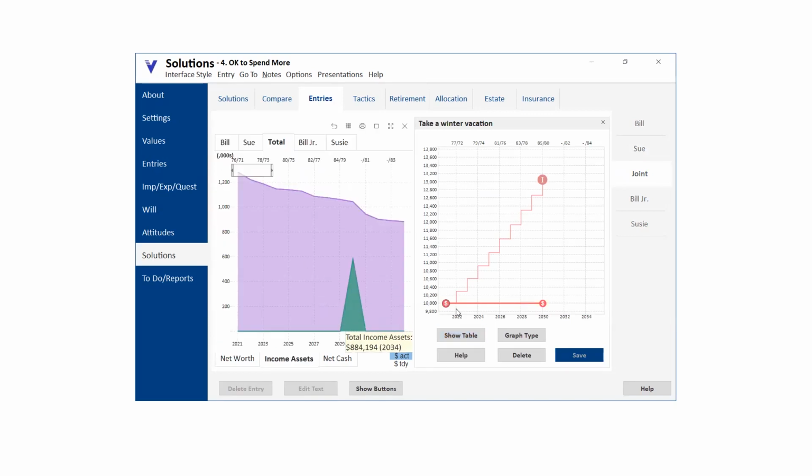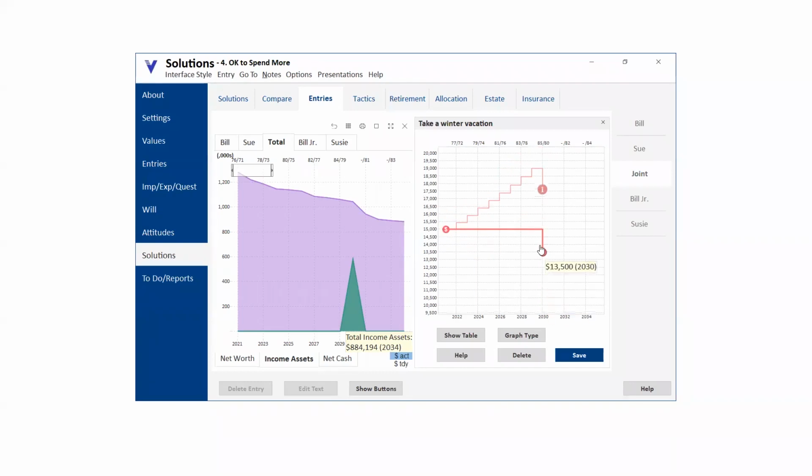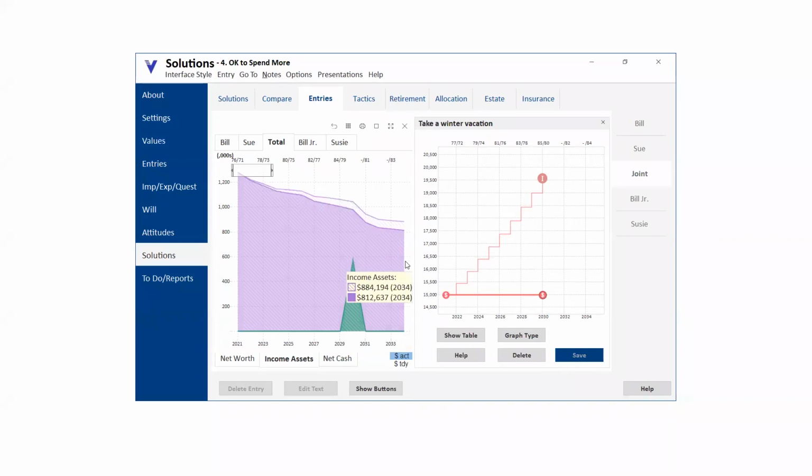So again, let's go to that vacation expense. What would happen if instead of spending $10,000 on our vacation until we're 85 and 80, what would happen if we spent 15,000 or whatever their number might be? So we can simply make the adjustment and then click the save button. And once again, show the before and after. And you can see, even though we've increased the spending on vacations by 50%,